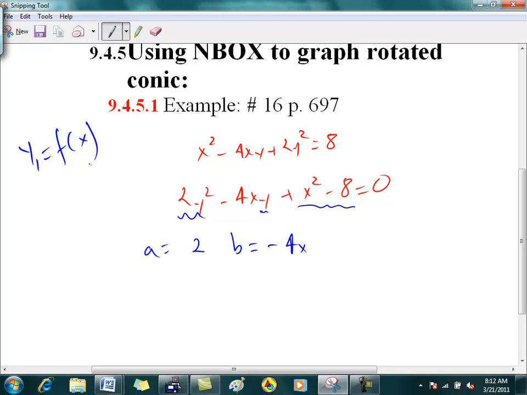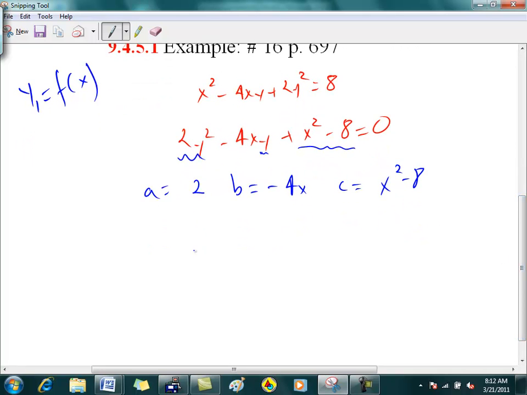So b is negative 4x. What's c equal to? x squared minus 8. What's the quadratic formula? Except in this case it's not going to be x, it's going to be y because we are solving for y. y equals negative b